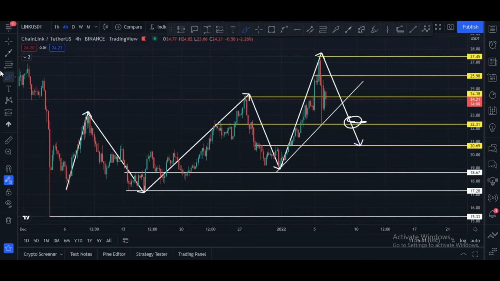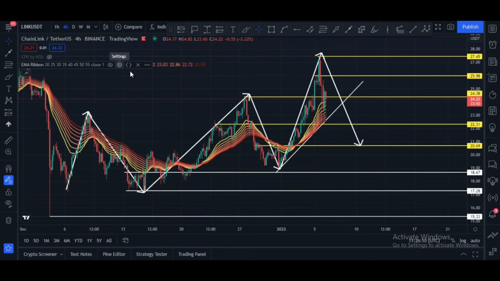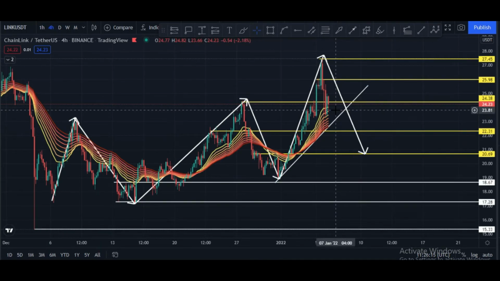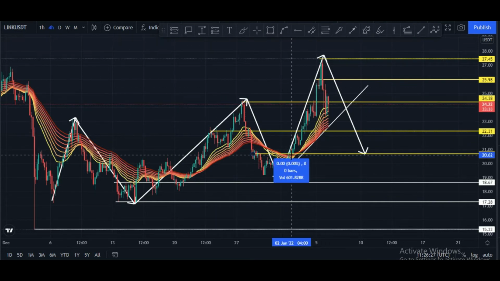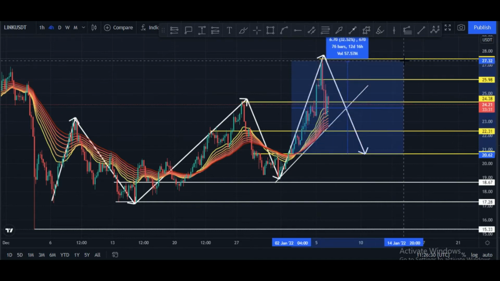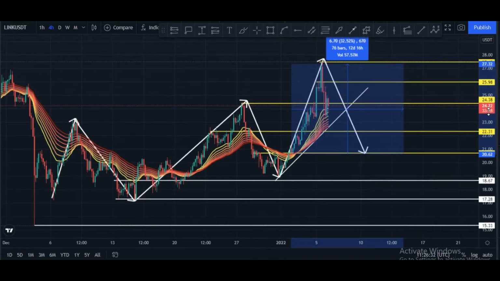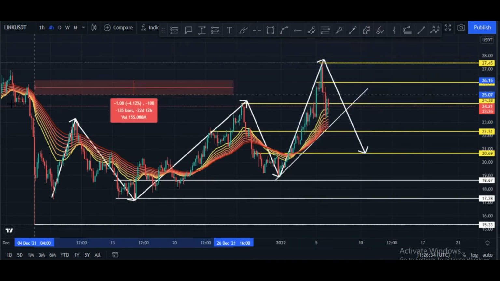And let me please delete this, and let me please show you some indicators, and these indicators will help us to find trend. Here you can see candles are still above from this EMA ribbon, and that is a good sign. It is turning as a support zone. Here you can see candles hit this and after price bounce back, and here you can see price hit this and price move towards the upside, and 32% move after that we see.